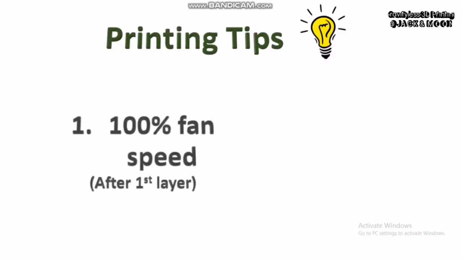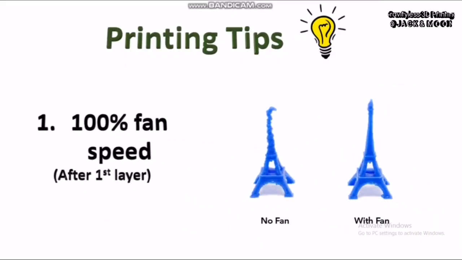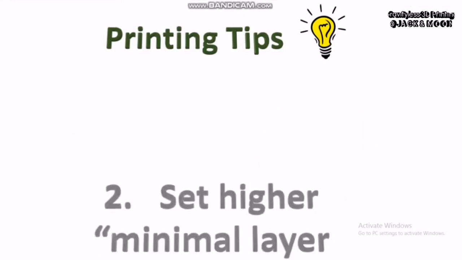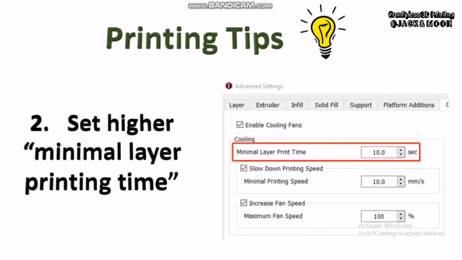Here are some tips for printing with PLA filament. During your printing, make sure that you have enabled the cooling fan at 100% speed after the first layer. Without a cooling fan, you will end up with terrible print quality as the material might not cool fast enough during the printing. Also, set a higher minimum layer cooling time to ensure small parts are being printed with sufficient cooling